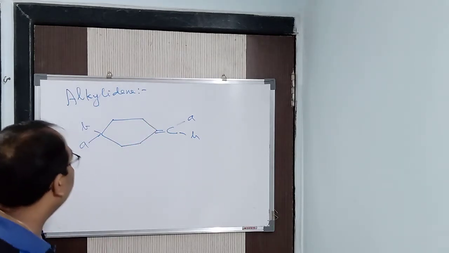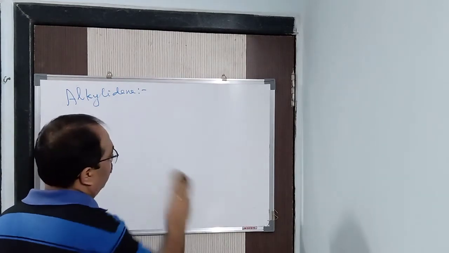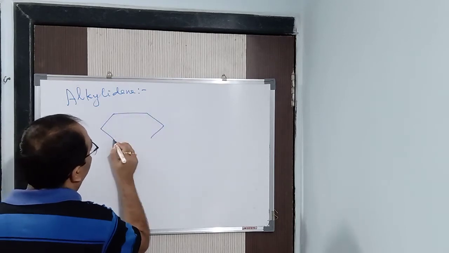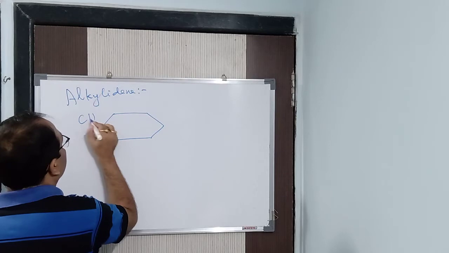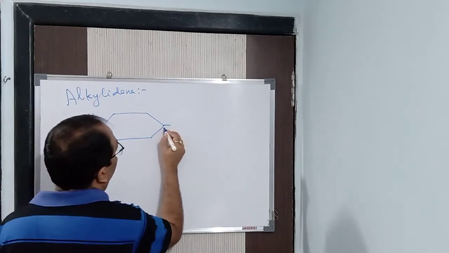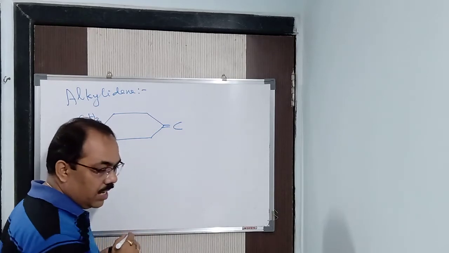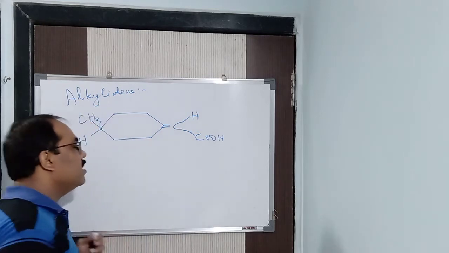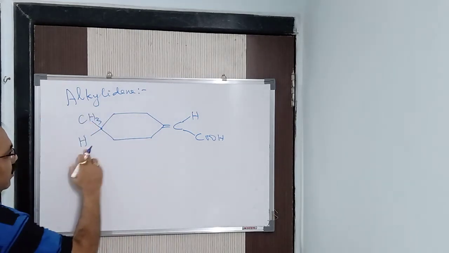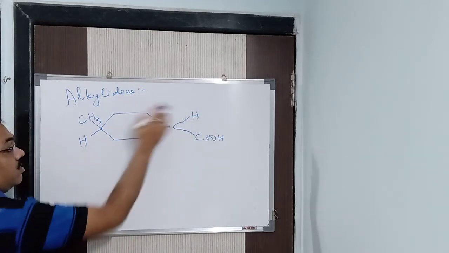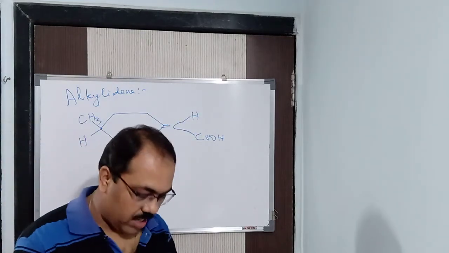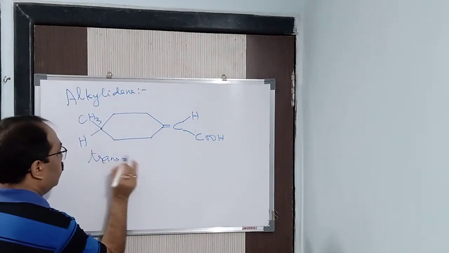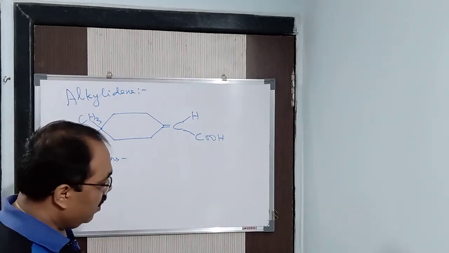Alright, clear? Now, let me check your knowledge a little bit. Instead of A and B, let us put CH3 and H here, double bond O, and here H and COOH. First of all, you tell me, is it cis or trans? It is trans, H and H diagonally attached. So while naming the compound, you need to put trans first. Now, what is the name?